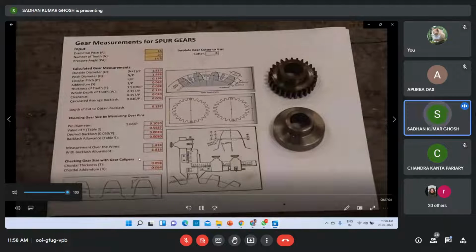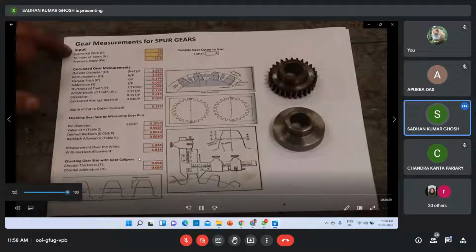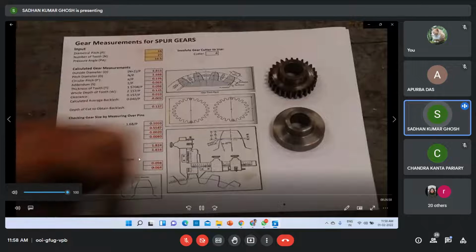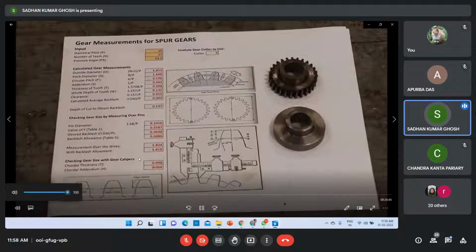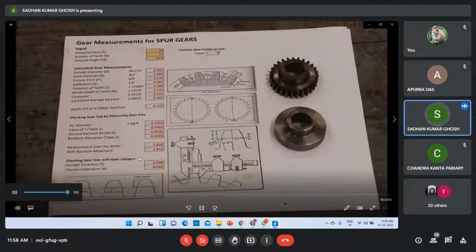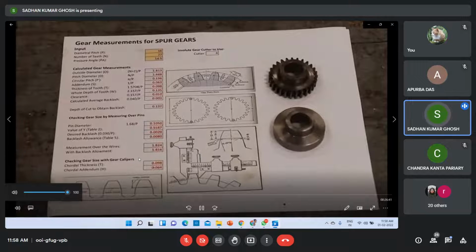You can do them all by hand. With this spreadsheet, all I have to do is put in the pitch, which I've already measured: it's a 16 diametral pitch. My number of teeth is 27, and my pressure angle is 14.5. From that information, it can tell you just about everything you need to know about the gear you're cutting, which is really kind of remarkable in itself.